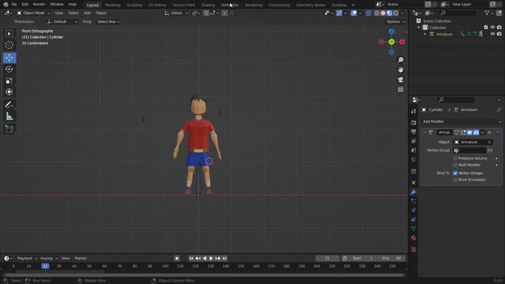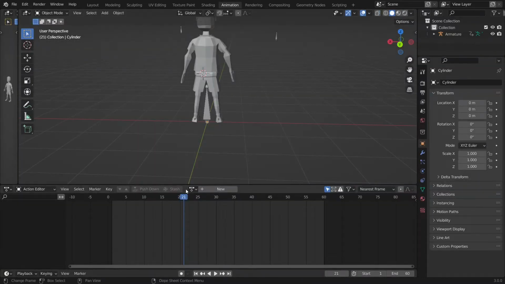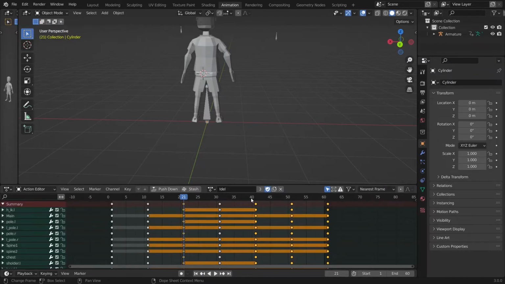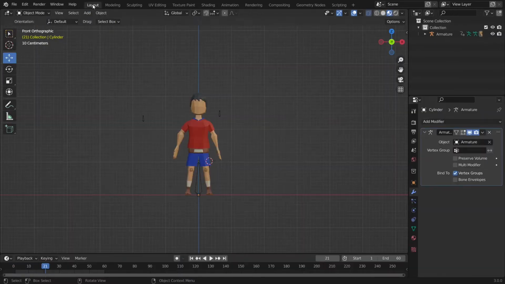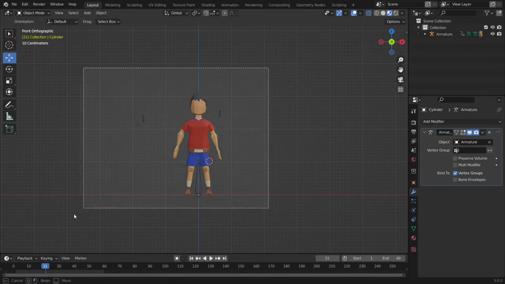go to your animation and select any animation you like. So I'm going to change this a little and change the preferred position of your character to export. So let's go to layout again, select both of them